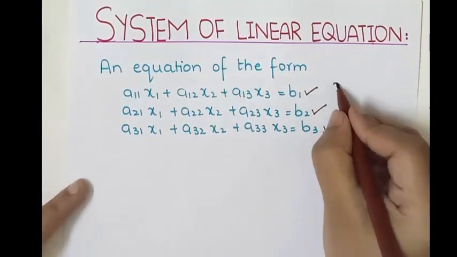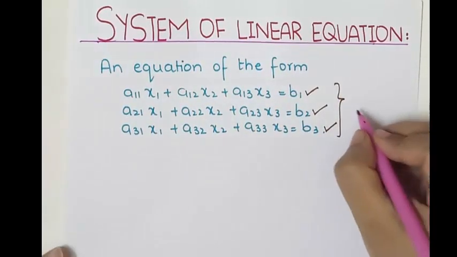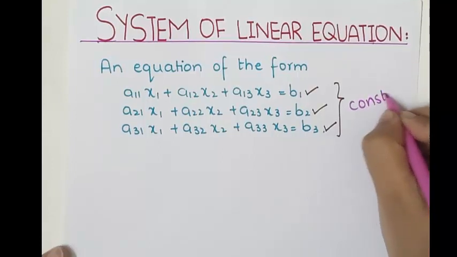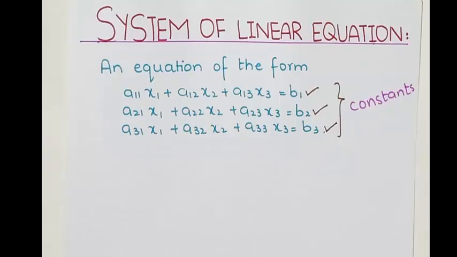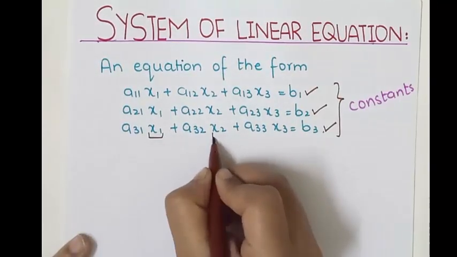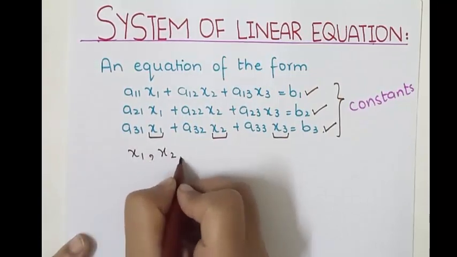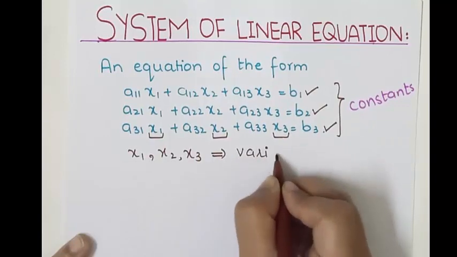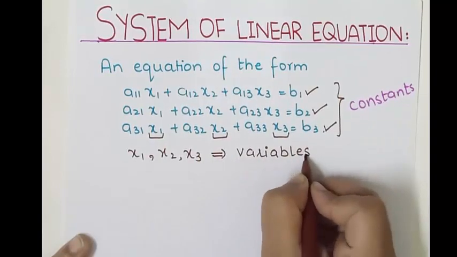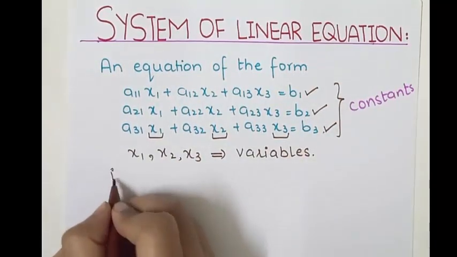Do remember these b1, b2 and b3, all of them are termed as constants, whereas x1, x2 and x3 are termed as variables. So an equation of this form is called